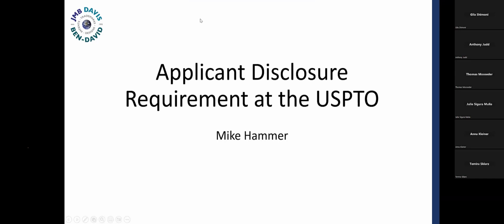I'm going to be giving a review. I think many of you probably know some of this about the duty of disclosure at the USPTO, and I think about the topic as being equal parts boring and terror. Partially it's because it's kind of involved, administrative and very bureaucratic.